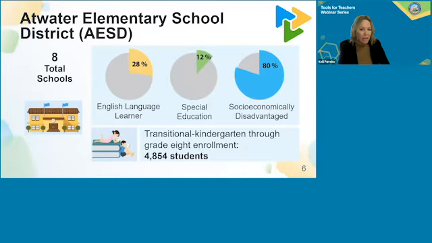We serve TK through grade 8 students. Our demographics include about 28% of our population being English language learners. We have 12 to 13% of our students being special education students, and our student population is approximately 80% socioeconomically